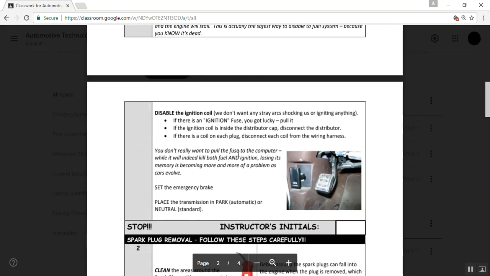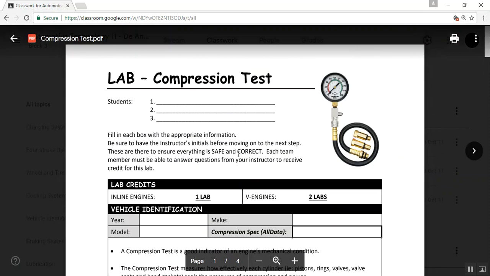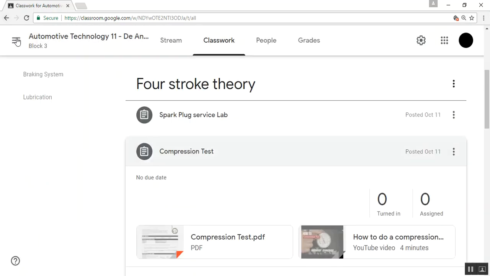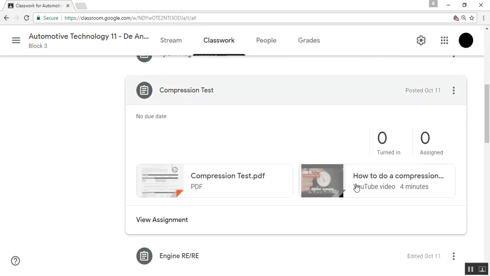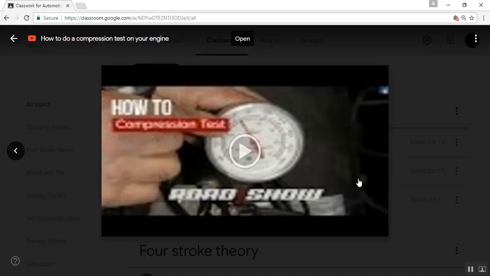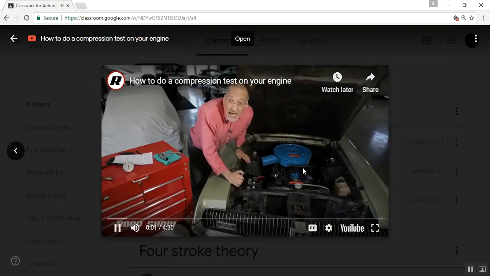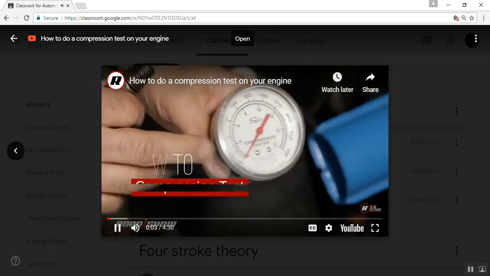And what I really like about this is they can also access the tutorial video that I have also included for the assignment. So if they were to click this,